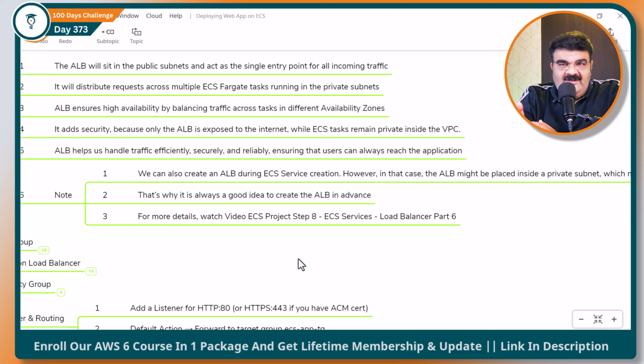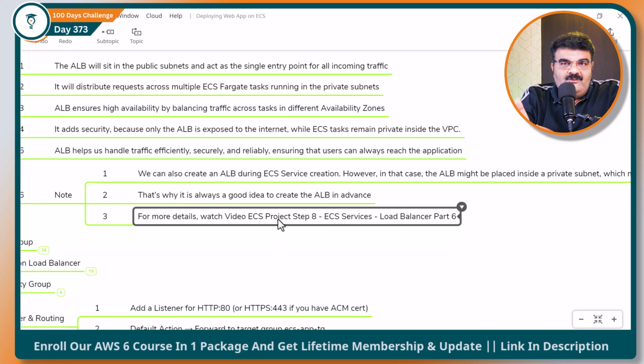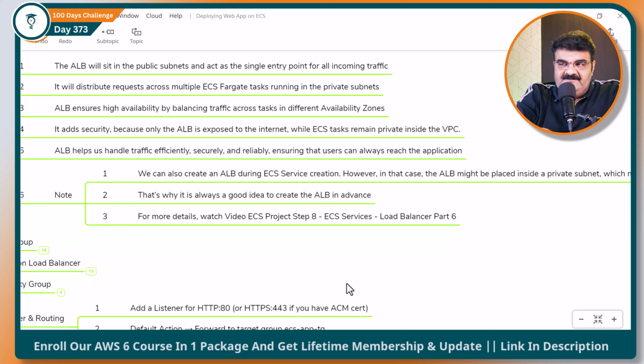We already discussed the ALB integration in a particular video. If you want to watch it, you can go to your LMS. In the ECS section, you will get a list of videos, and there is one video, ECS Project Step 8, ECS Service, Load Balancer Part 6. This video will provide you a complete understanding of how we can integrate a load balancer with our service, but this is